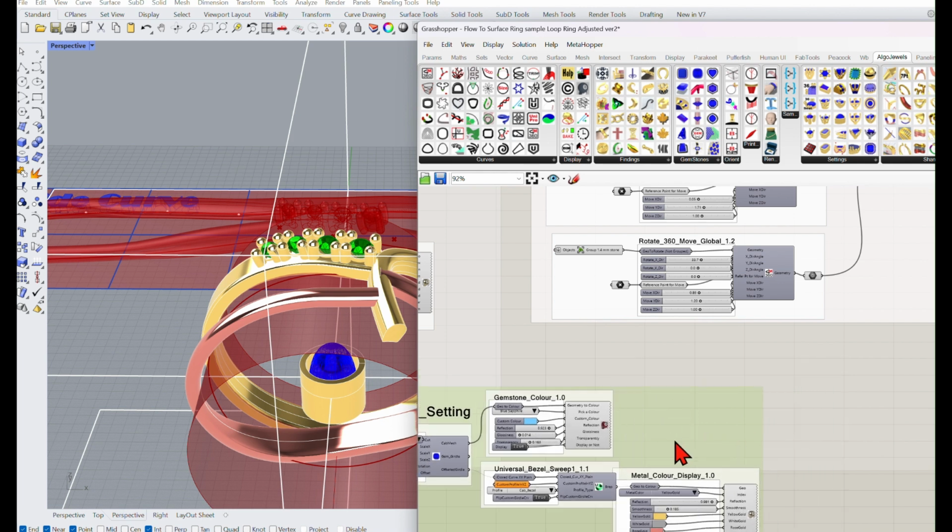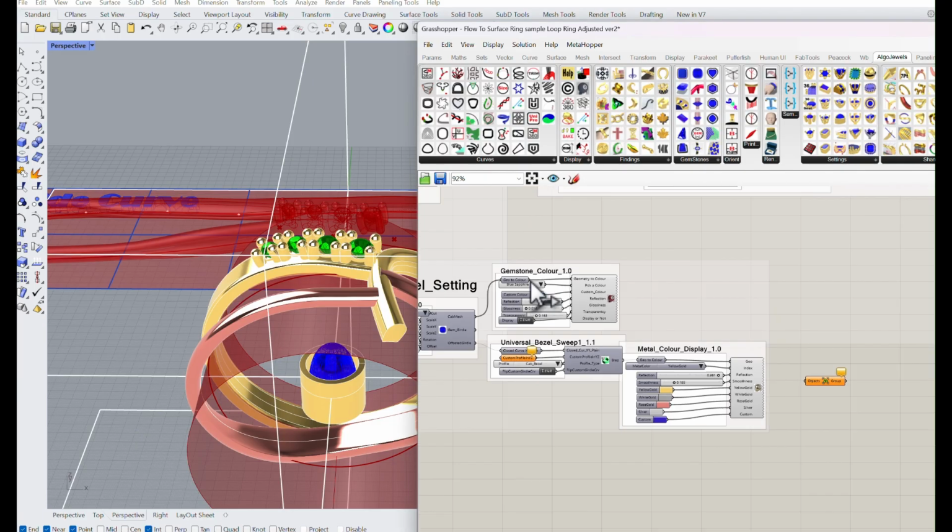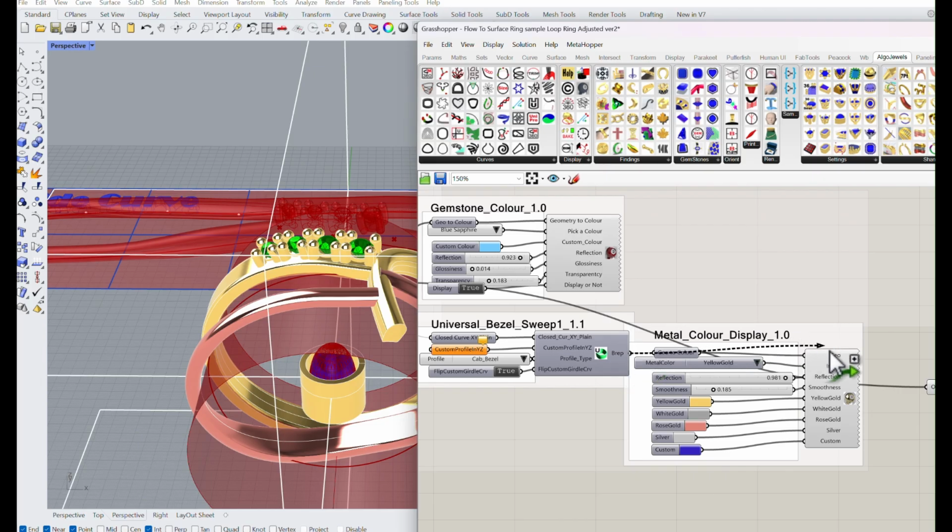So what we're going to do is group it, type group, and we're going to group the mesh, and we're going to group the bezel,